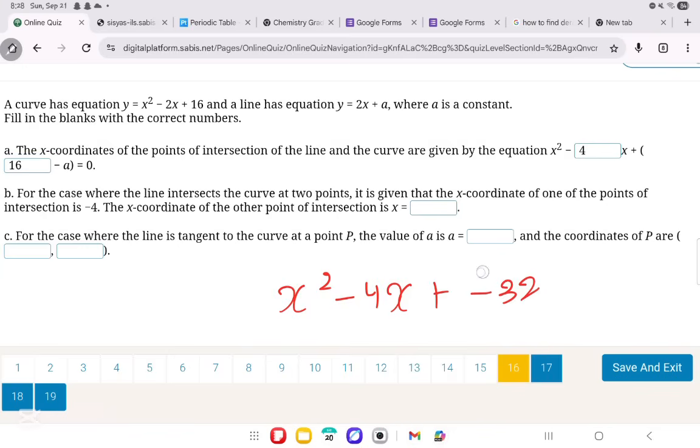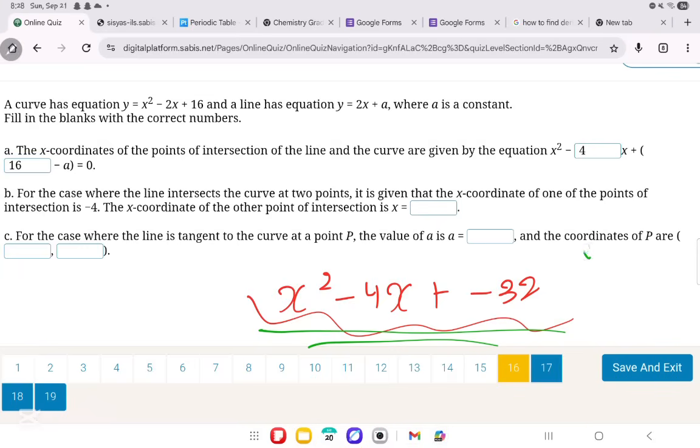Now, using this, we will put it on our calculator. You're going to do mod 5, 3. Or you can solve it in any other way, as long as you solve it. Mod 5, 3, and you're going to get 1x squared minus 4x minus 32. So in A you put 1, in B you put minus 4, and in C you put minus 32, and